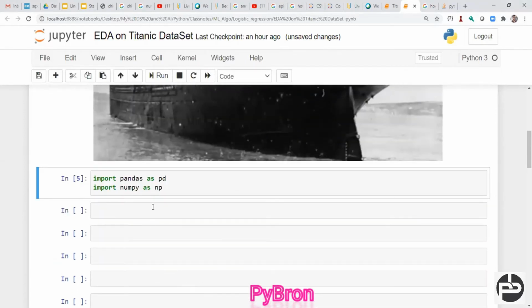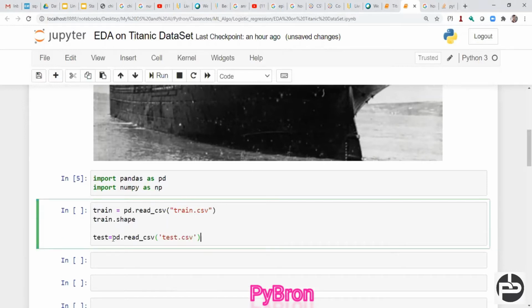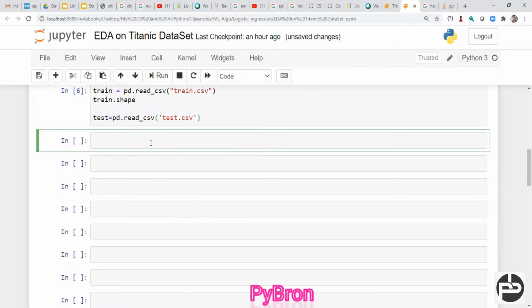Once you have imported NumPy and Pandas, then you have to import the data set. Right now we are importing only the training data set. Just import the training data set and the test data set also, and let's see what the data set looks like.